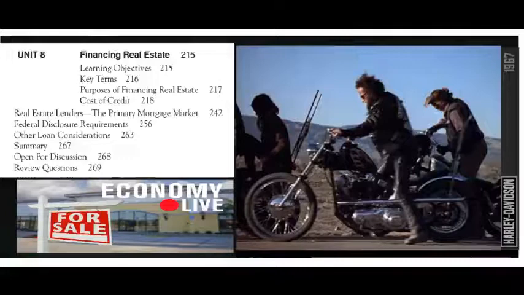Someone with a FICO score in the range of 760-850 is considered an excellent credit risk. An individual with a score below 620 is considered a very poor risk and will pay a much higher interest rate, assuming a loan can be obtained. More information about credit scoring, and how a credit score can be improved, can be found at www.mifago.com. If a loan is rejected, the Federal Fair Credit Reporting Act, FCRA, and state law require that the lender provide a statement to the loan applicant within 30 days